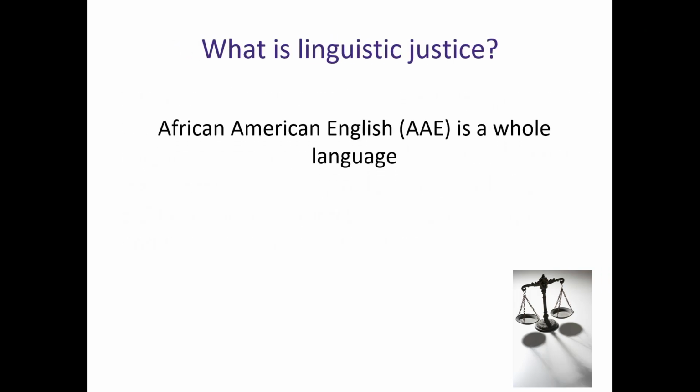Further, African American English is a whole language, meaning it's a complete language. That means it has a vocabulary, a sound system, a sentence structure, methods and rules for communicating ideas and storytelling that are internally consistent and shared from one generation to the next, parent to child. And while African American English is complete and unique and whole, it is for the most part mutually intelligible with other varieties of North American English.